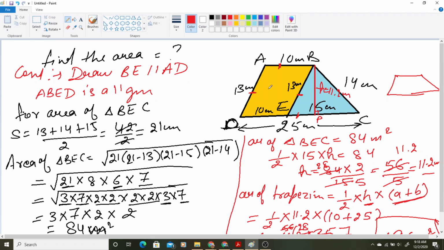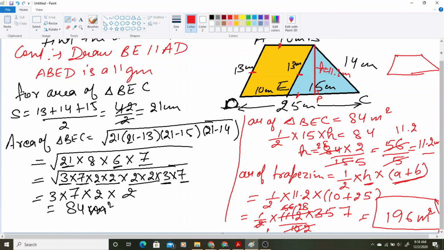Okay, so this is how you will be solving. This is really very important question for you. बहुत important है ये वाला. Just you need to focus on that you will be drawing a parallel side, so it will become a parallelogram first. Then you will be finding the area of this triangle. Then by using the area of triangle, you will be finding the height of the triangle. That height of the triangle will also work as the height of the trapezium. जो height हम triangle की find out कर रहे हैं, it will work as the height of trapezium also. So then you can find your area of this given figure.